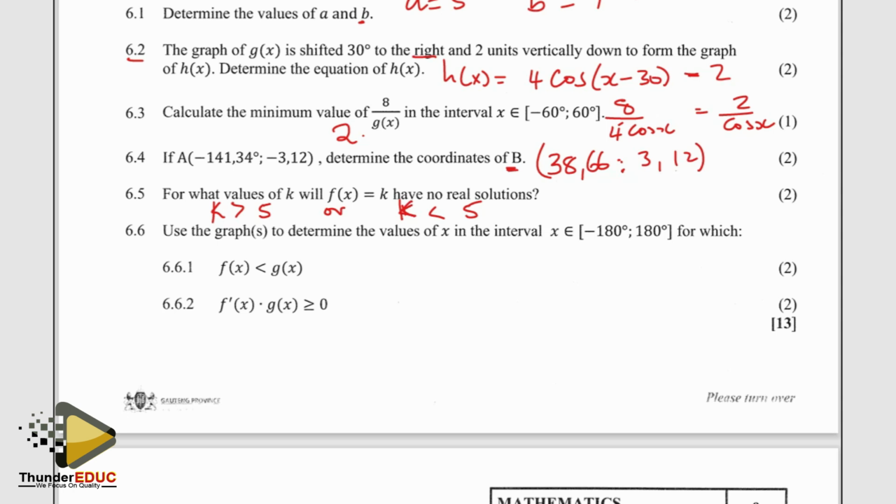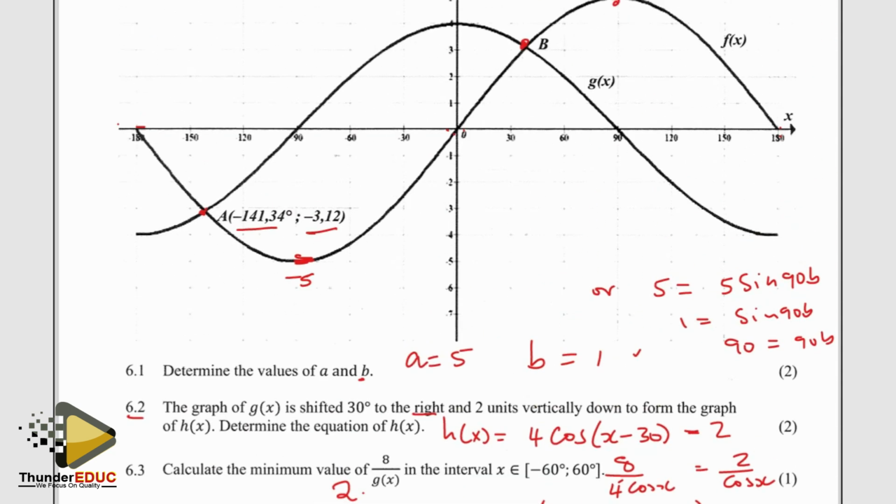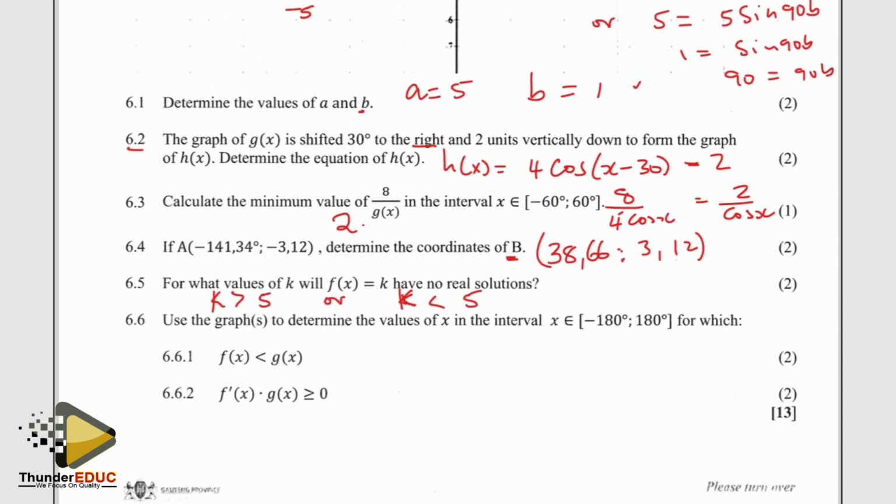Am I contradicting myself? Does that make sense? That k has to be greater than 5. Okay, so if that is true, which means we are shifting it more units upwards. Now let me just call it negative 5. Yeah. Okay, then 6.6, use the graph to determine values of x in the interval for which f is less